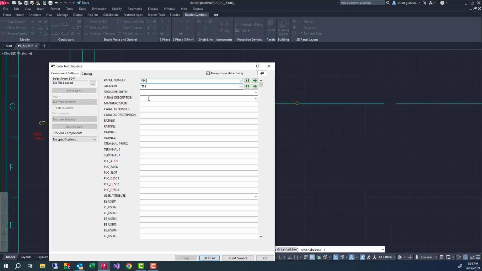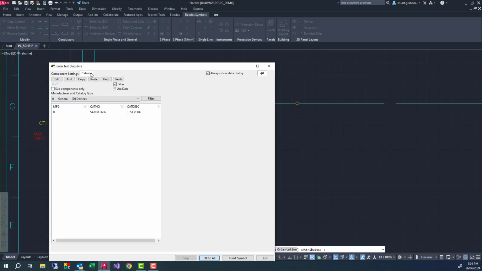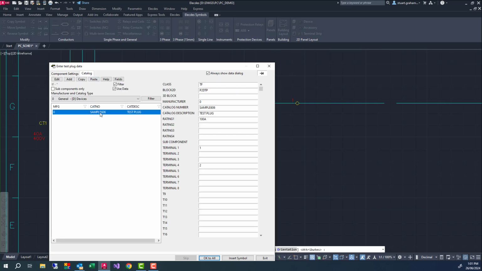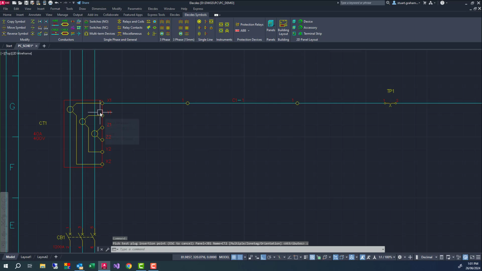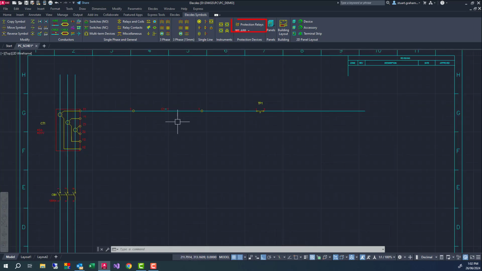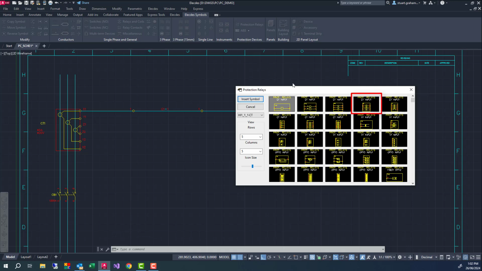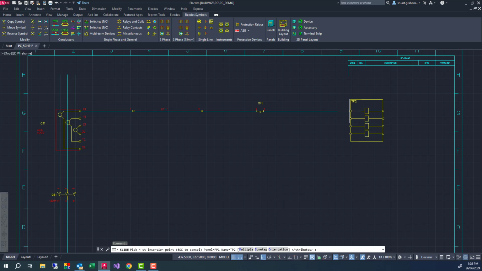Electdes catalogues are easy to create and also to augment. You can add extra data columns to existing components, and you can add extra components to existing catalogues. I'll now use the Protection Control component menu to insert a CP input block. I can drag the block onto the conductor and then drop it.